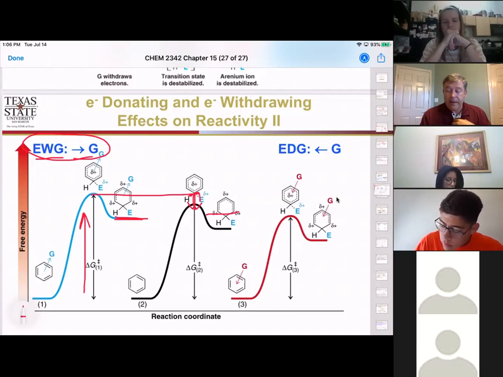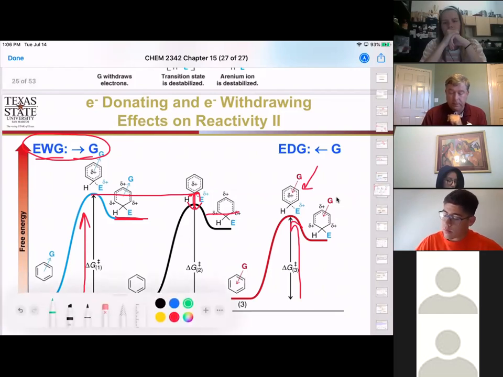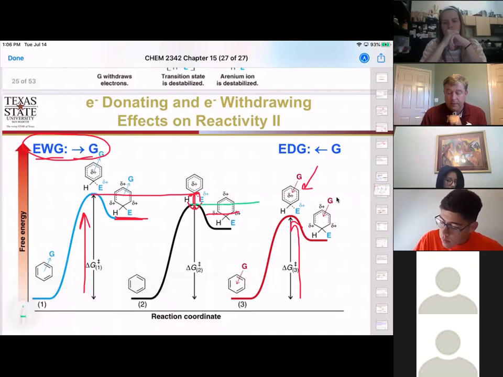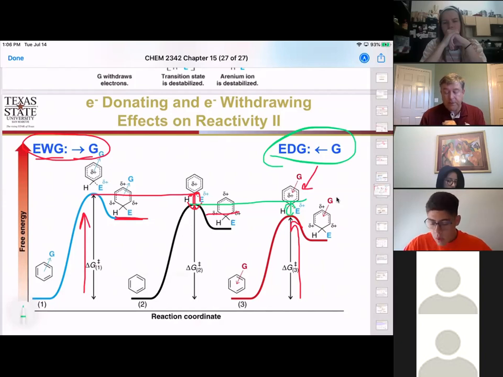Now, if we have electron donating groups, it's easier to form that partially positive charge because it's less of a positive charge, which means we need less activation energy to get there. And if we draw this in a different color, looking at the benzene by itself, it actually took less energy if we have an electron donating group on there just to get to the transition state, and